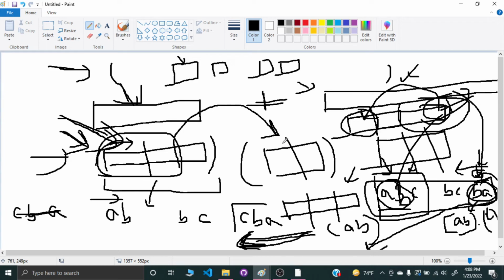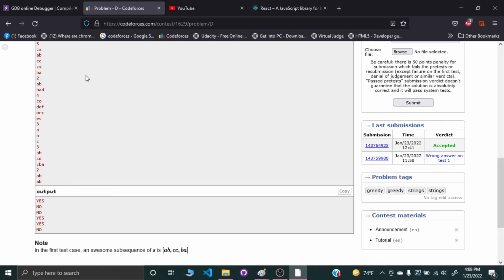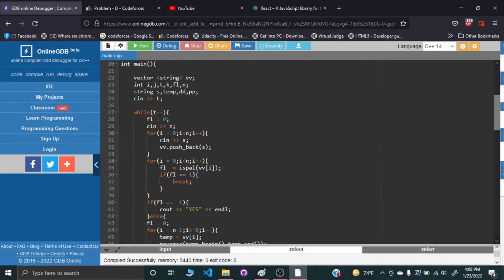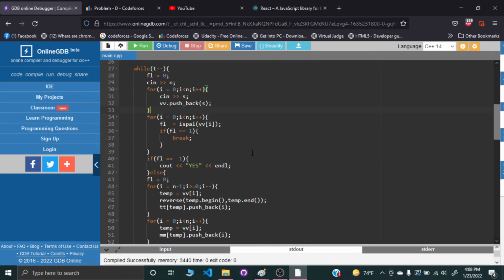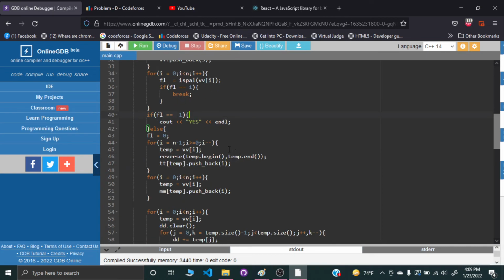That's exactly what we're going to do. Now, let me take you to the code section to make you understand more about what I did. Although my code is a bit messy, let's see how much we can figure out. First of all, this is the test case, taking the input. About the initial case, I'm going to check whether any string is a palindrome or not, as I've already told you beforehand.